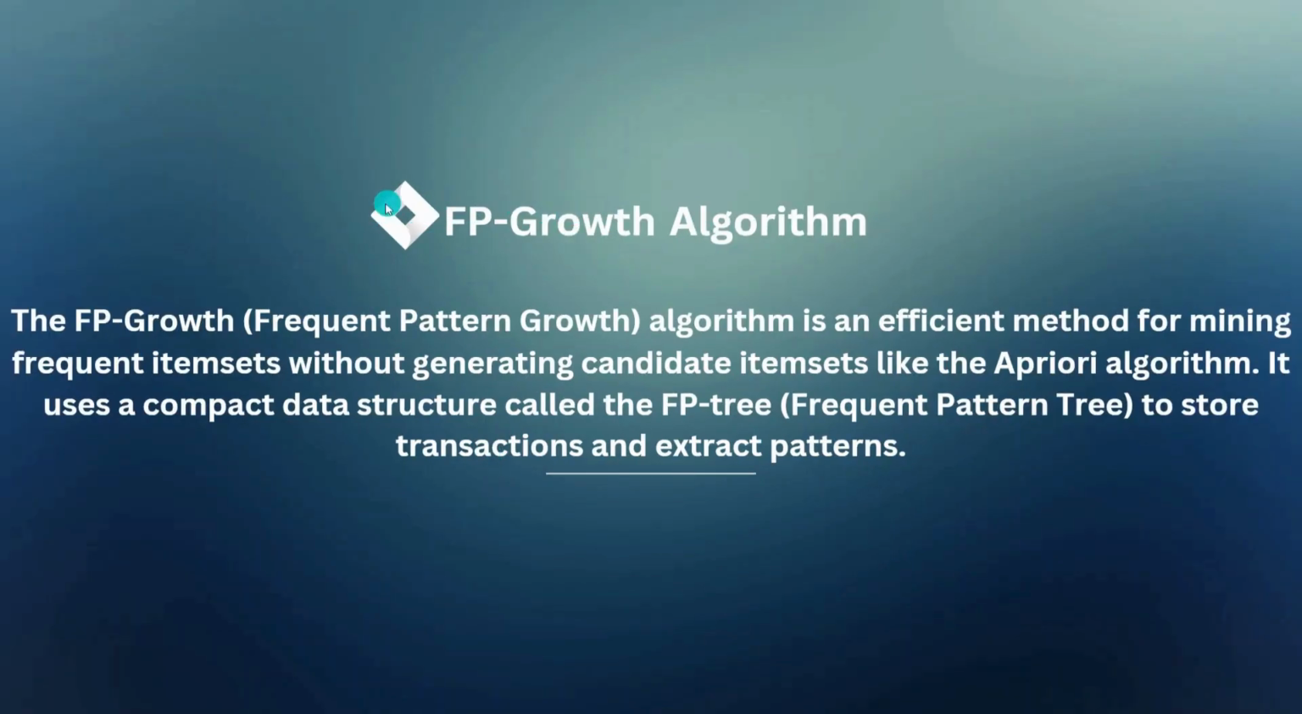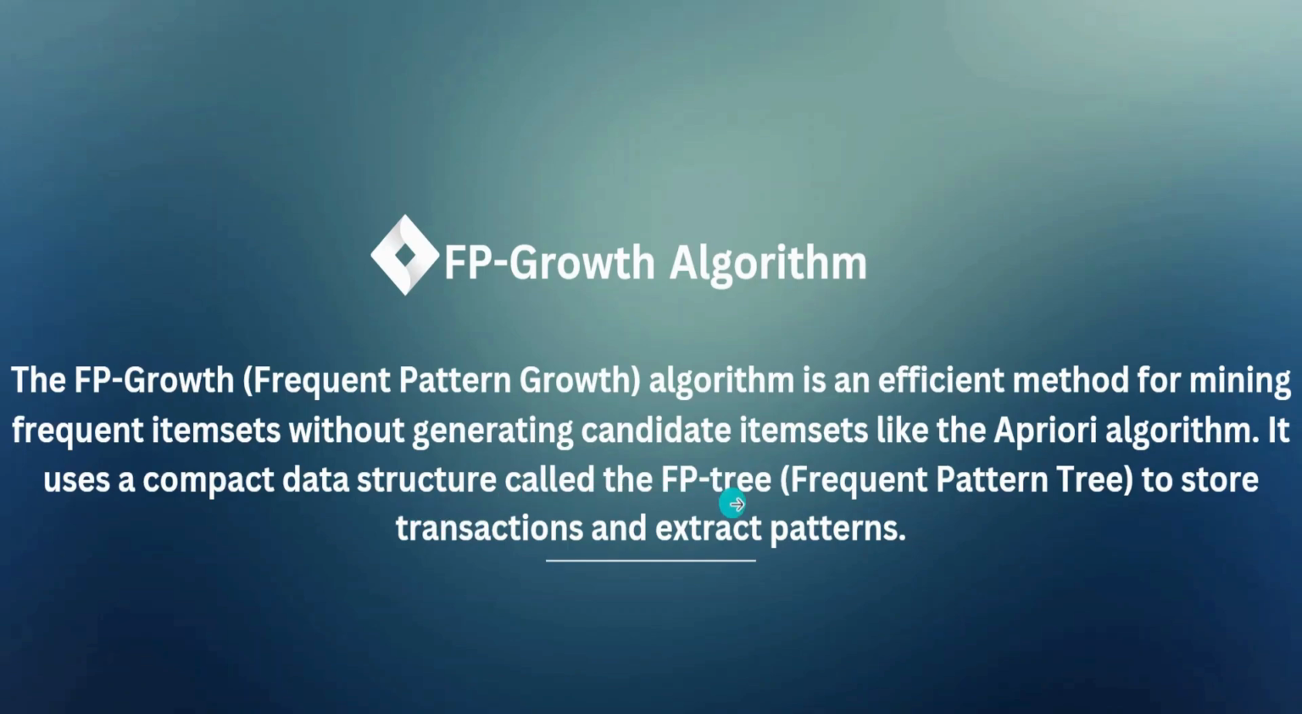Hello everyone. Today we'll be understanding the FP algorithm and its Python implementation. The FP algorithm, which is the frequent pattern growth algorithm, is an efficient method for mining frequent item sets without generating candidate item sets like the Apriori algorithm. It uses a compact data structure called the FP tree, which is the frequent pattern tree, to store transactions and extract